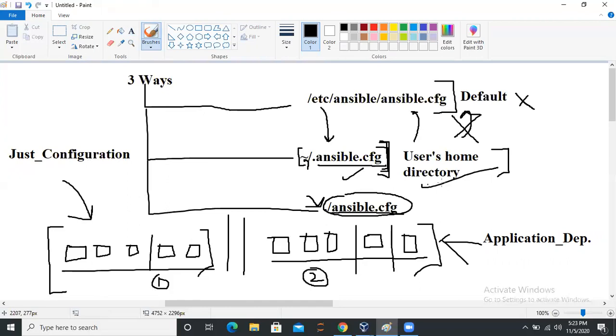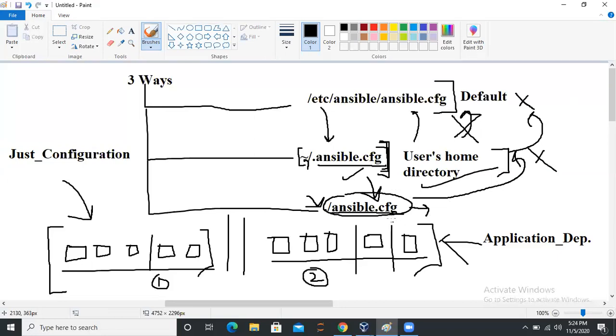Okay, so let's talk about preference. Let's say if this particular file is found in your directory, the user's personal Ansible configuration file, or the user's home directory file, will not be used. If this is not used, obviously this will never be used. That means this is the second highest preference. Now, why am I saying second highest preference? There's one more thing actually. We'll see that in a bit.